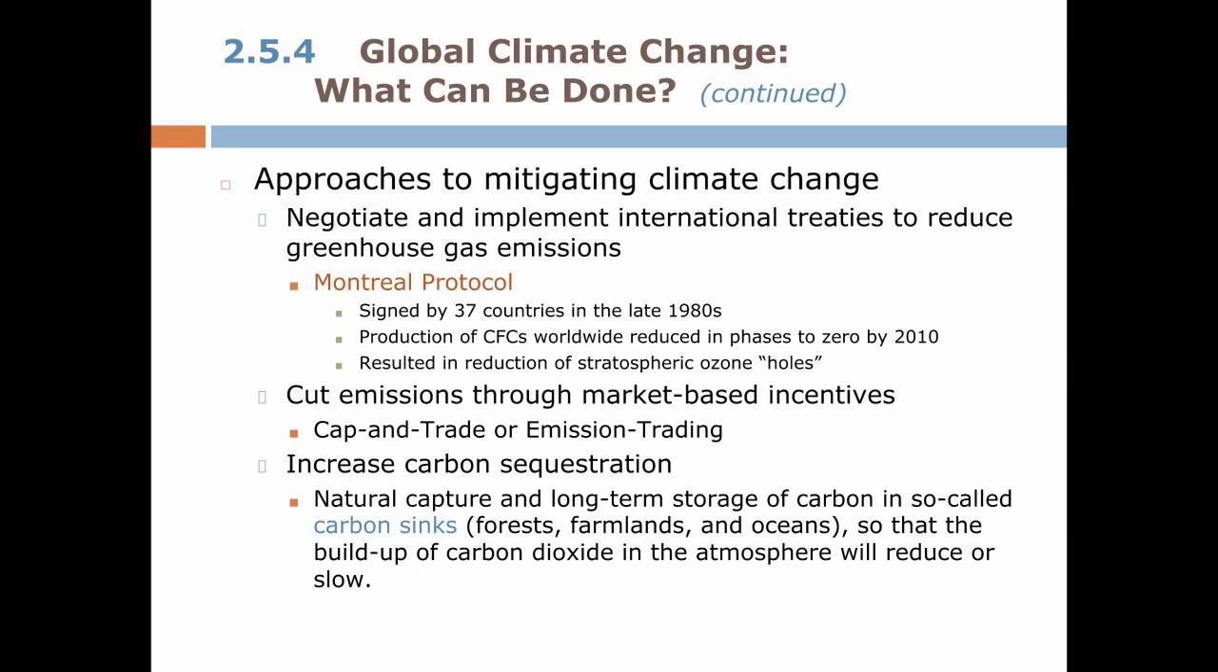And natural increases in carbon sequestration. It's a tough word, sorry. Natural capture and long-term storage of carbon in so-called carbon sinks: forests, farmlands, oceans, so that buildup of carbon dioxide in the atmosphere can be reduced or slowed. This is what I said previously, where what do trees do? What do plants do? They breathe in carbon dioxide, breathe out oxygen. The more trees you have, the more carbon dioxide is caught by them and the less goes in the atmosphere,